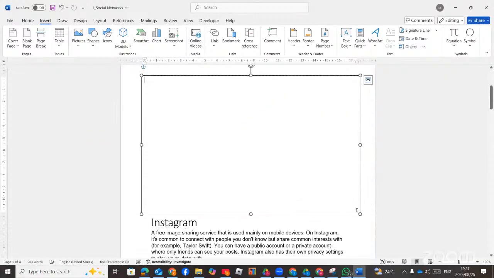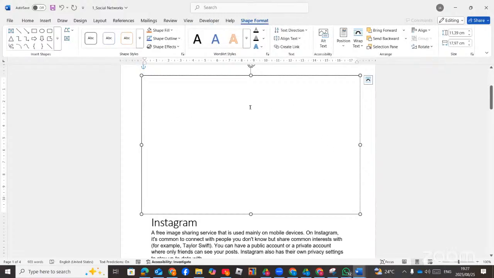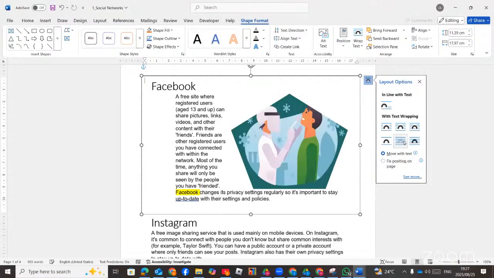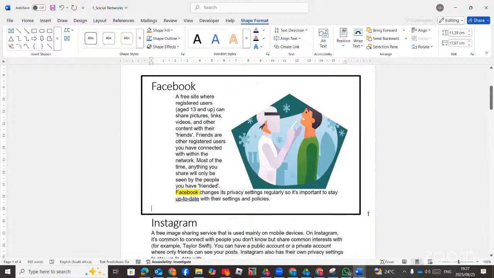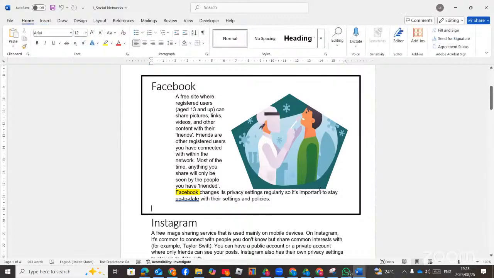Now, when you draw this, it covers the text and the images. So what you need to do is change the layout option to behind text, so that this text box will be behind and this one will be there. And then you can change, let's say if they want the border of it, the shape outline, the weight to 3pt. They can ask you that type of question also. So you must watch for this type of question, whereby they put a border